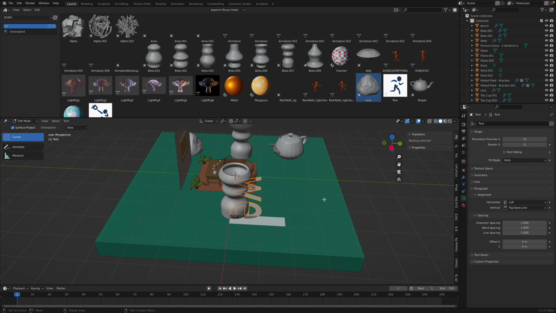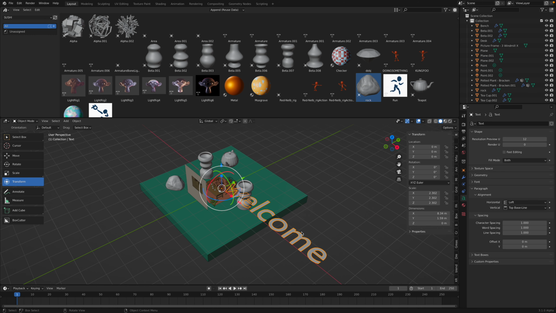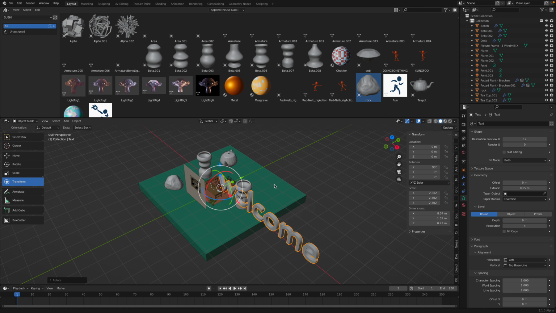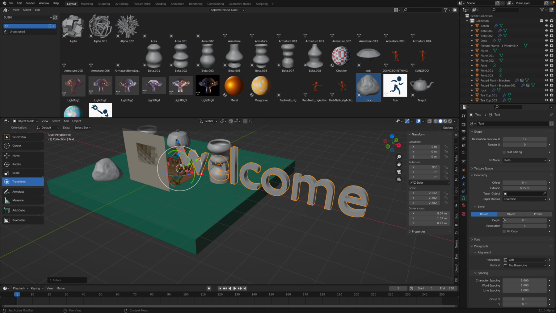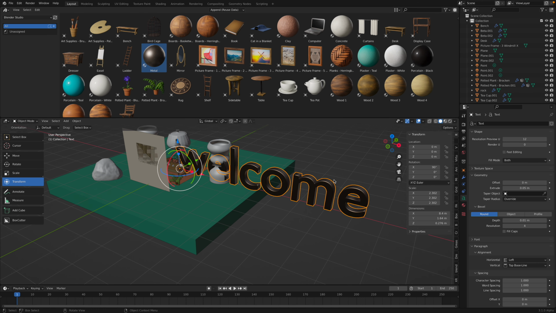Just say welcome. RX90. I will extrude this text a little bit. We can use our own font. I will add a bit of depth to the text, and let's actually use the Blender Studio material, metal,